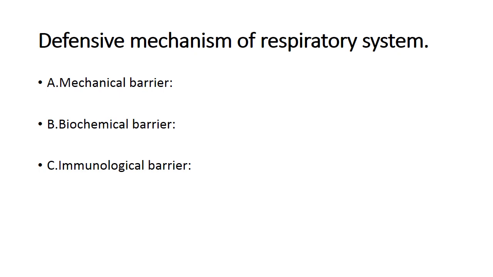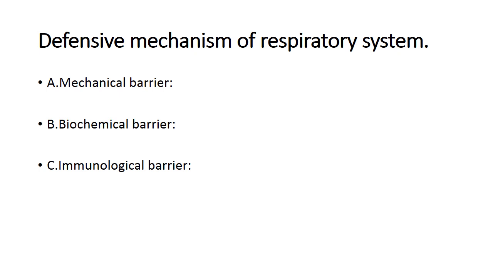Then after entering into the paranasal air sinuses, humidity prevents desiccation, and the respiratory tube is kept patent by the cartilaginous part. We have hyaline cartilage in the respiratory tract, which prevents collapse of the respiratory passage. Then the alveolar phagocytic cells also have a defensive mechanism. When we sneeze, it is a kind of somatic reflex, and coughing is a visceral reflex.